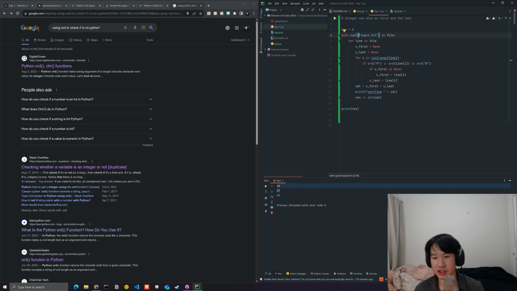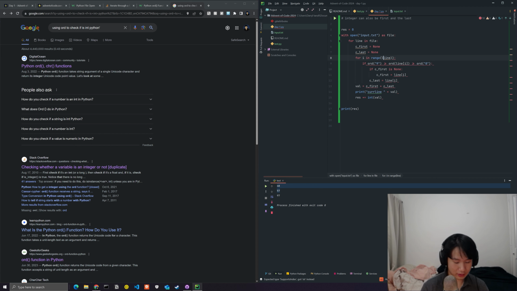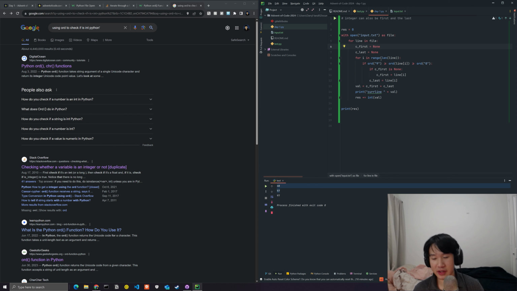Walk through the code one last time. For every single line of the file, we're going to want to keep track. We're going to want to grab the first and the last value, and we do that by looping through every single character within each line. For i in, sorry, it's a little bit late here. Okay, there we go. So we iterate through every single